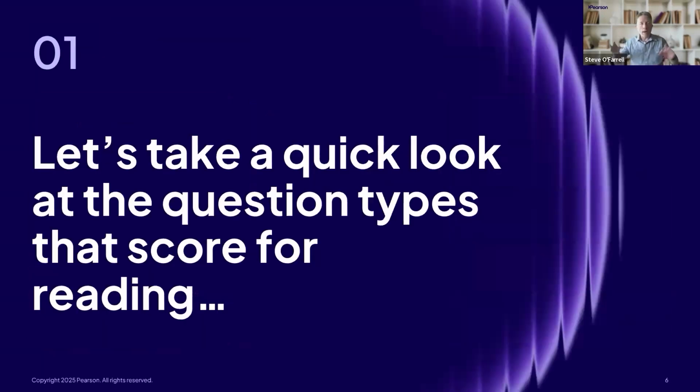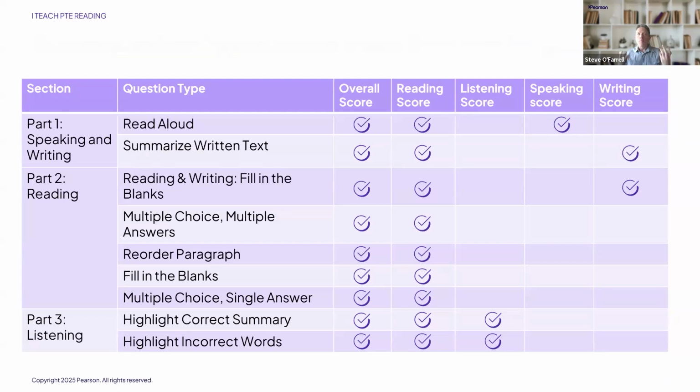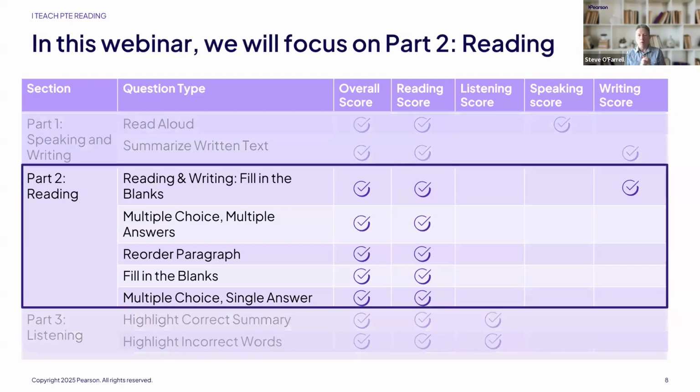So let's take a quick look. The question types that score for reading. Okay, remember there are integrated skills. So here we go. Here you can see all of the question types that actually contribute to the reading score. You can notice that 2 of them are in part 1, the speaking and writing section. 2 of them are in part 3, the listening section. But for the purpose of our talk today, we're going to be looking at solely the 5 question types in